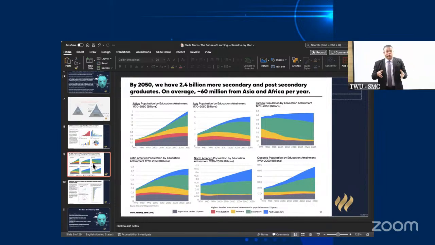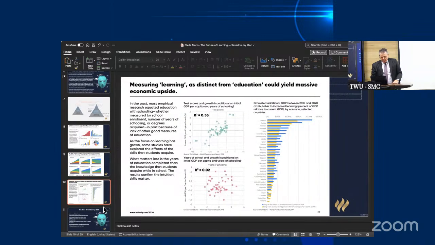So around the world, massive capacity, massive change. Measurement as distinct from education is critical. Moving from education to measurement is the critical transition.